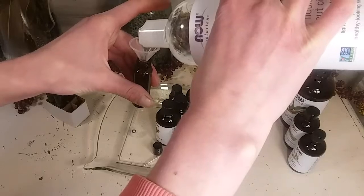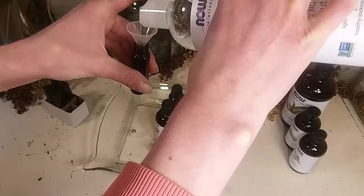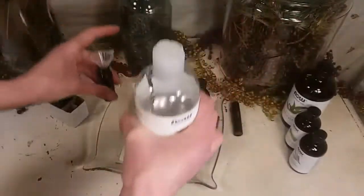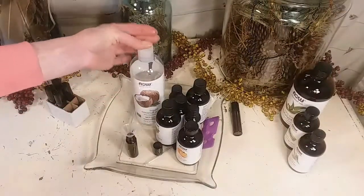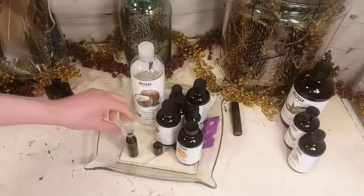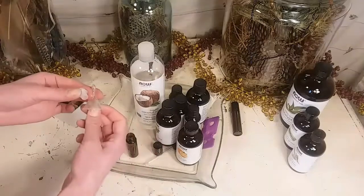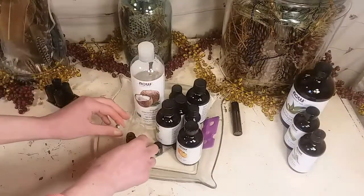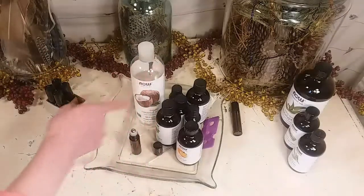Now you want to be careful with essential oils and you want to follow recipes. So go ahead and search for rollerball essential oil recipes and you can find your own recipes for different things. These essential oils can be really good for headaches, nausea, problems sleeping, concentration. There's lots of different uses, so go ahead and make sure you check that out. But you want to make sure that when you are working with essential oils, you always dilute it properly with a carrier oil. So in that case, this is